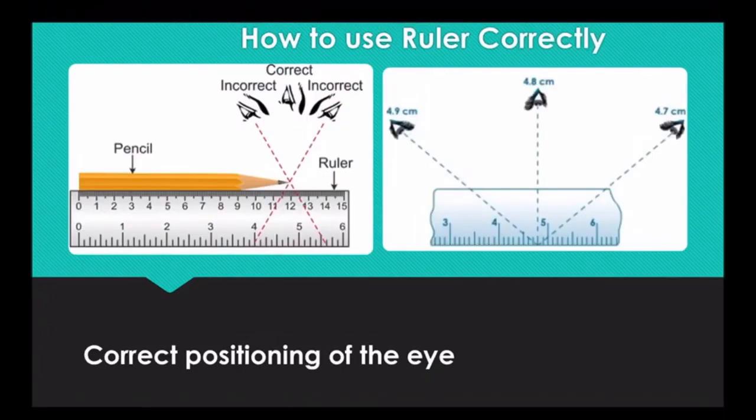Next, the position of your eye is so important. Now you see the length of the pencil. When you are looking at the length from my left side, you get a length which is a little more than 12, that is 12.3 or 12.4. If you are looking from my right side, then the length shows 11.5. However, if you are looking perpendicularly, in a straight line, the actual length is 12. So this is the correct position, perpendicularly.